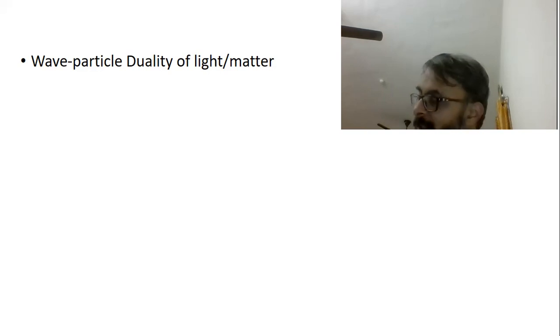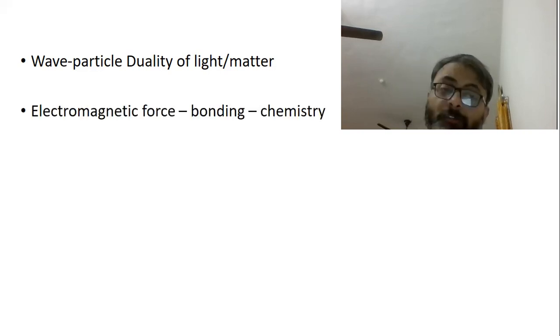So DGR, very nicely and in great detail, can predict how the photon will look, how the wave front of light will look. That is the reason why DGR, as I said, can give predictions at very small levels, and it can give predictions at very large distances also. Electromagnetic force, bonding, chemistry, everything can be explained very nicely with DGR. So DGR has predictions about electromagnetism, and it is the electromagnetic force.